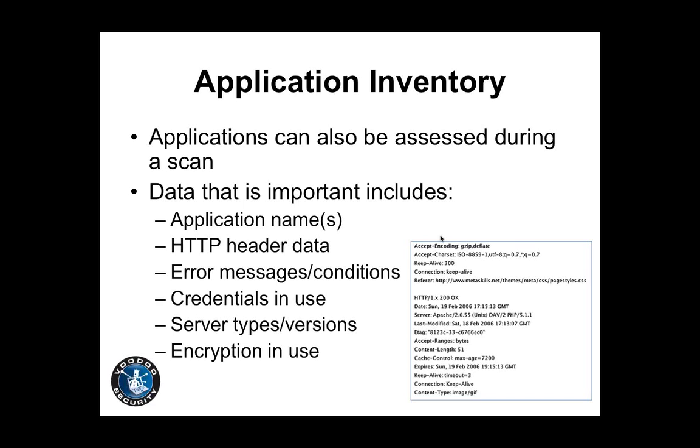Credentials, again, server types and versions, and then potentially even things like error messages or conditions and encryption in use. If those are discovered during the course of a scan, that's not necessarily stuff that you would normally put as part of an inventory, but can be useful nonetheless, especially if, for example, I had one client that had some